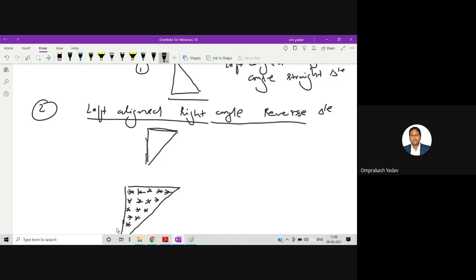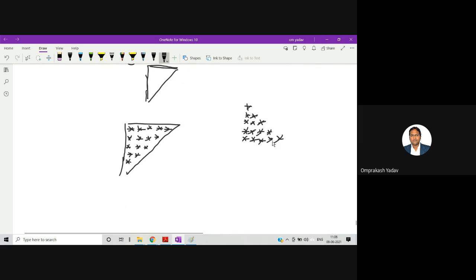Now you don't have to do anything. If you remember the first pattern, this one, then it's very easy for you to print this particular pattern. So this pattern we printed in this way.